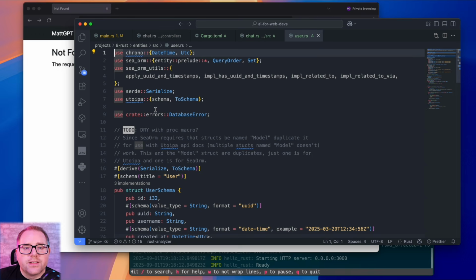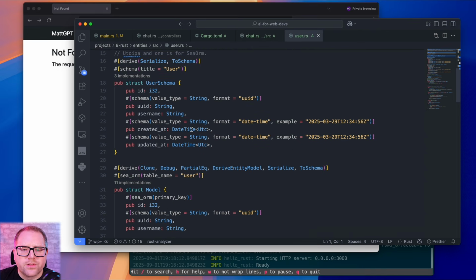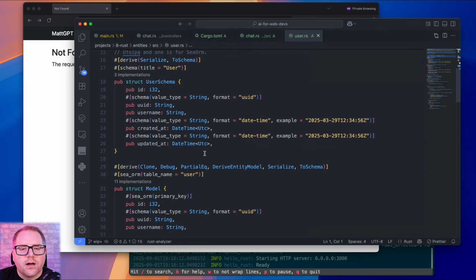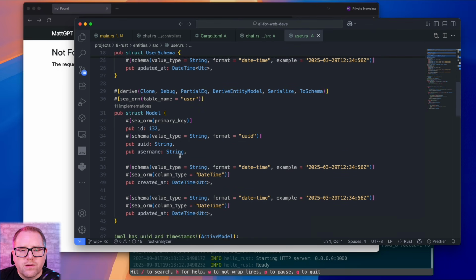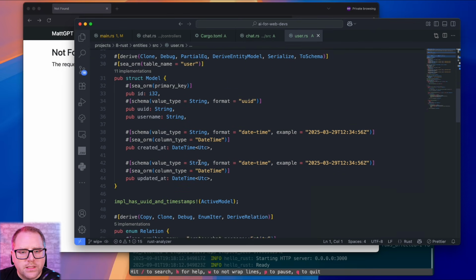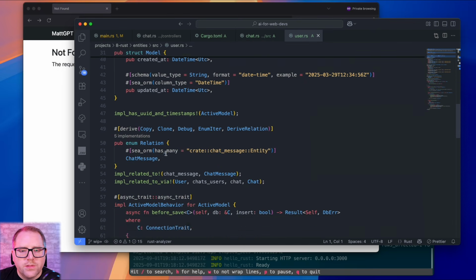Lastly, the last model is our users. Similar to chats, we've got our schema and our model. Again, I don't think there's too much here.